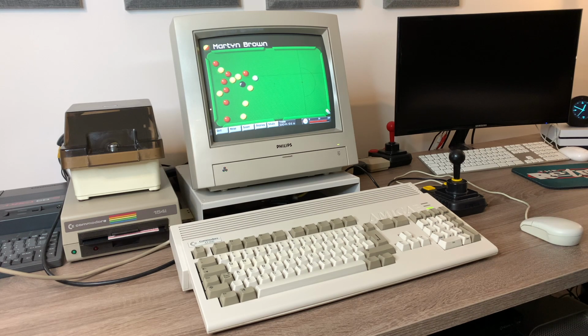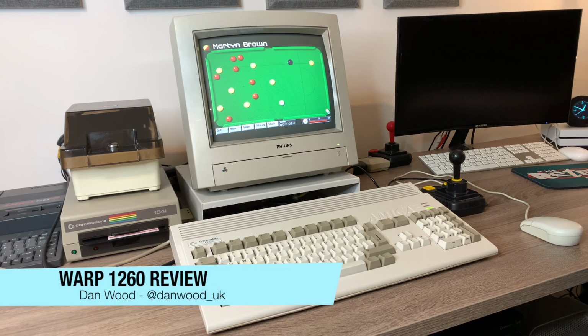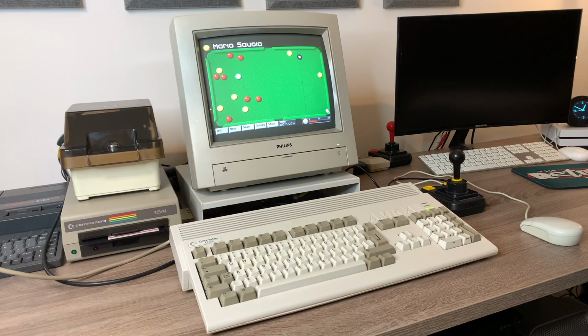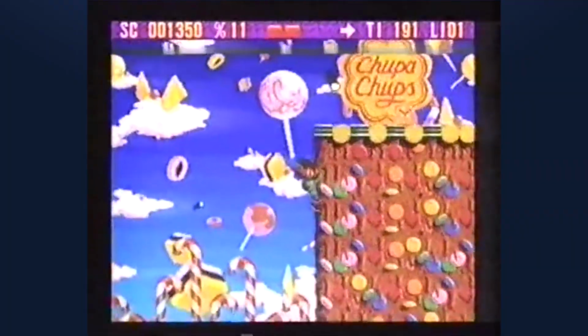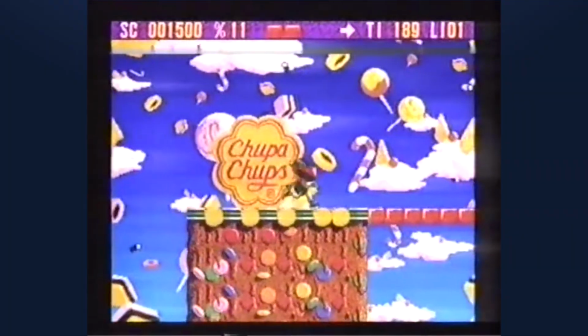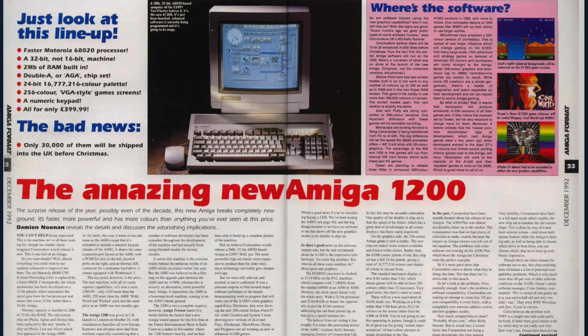The Amiga 1200 has always been one of my favourite computers of all time. In fact, I've still got really vivid memories of the first time I ever saw one in my local computer shop, long before I'd read about them in any magazines or anything like that, and originally thinking, what is that elongated Amiga 600? And then, of course, I read all the magazine reviews shortly after, learned about the new AGA graphics chipset,